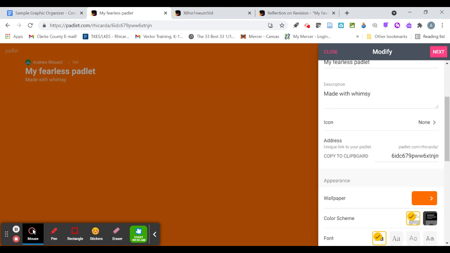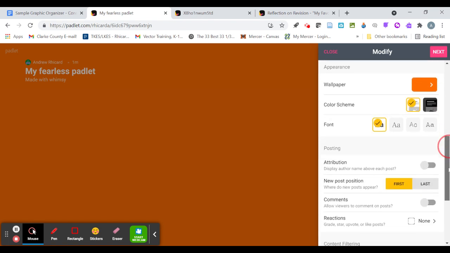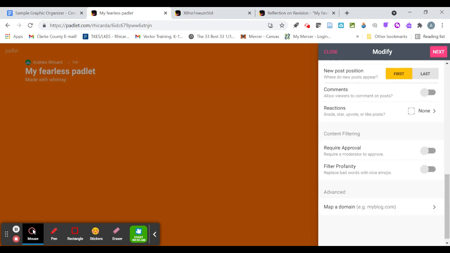Here's the link that you will then share to students so that they can access it. You can send it through email, or they can do it through Google Classroom, which might be easier. You can customize the way it looks, color schemes, font, everything. You can filter. Where is it? It's towards the bottom. Yes, you can filter for profanity, which is something that I have found comes in handy